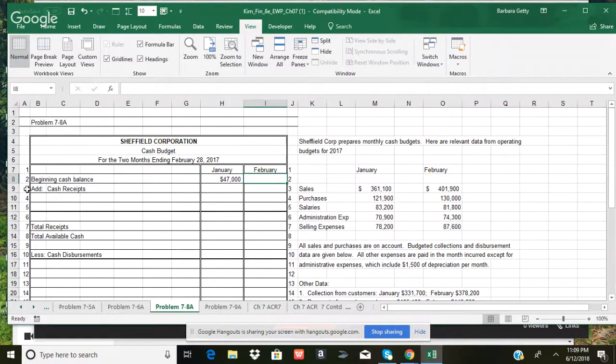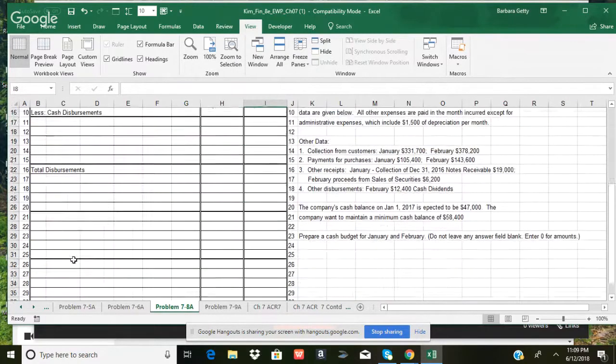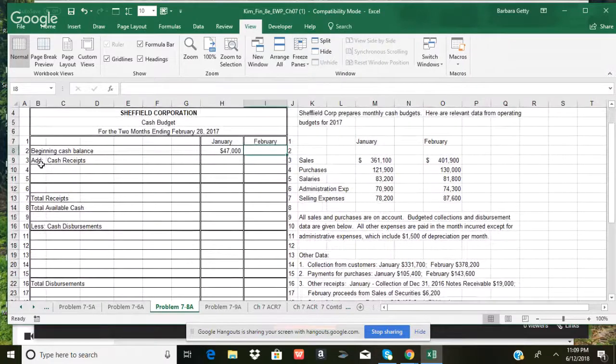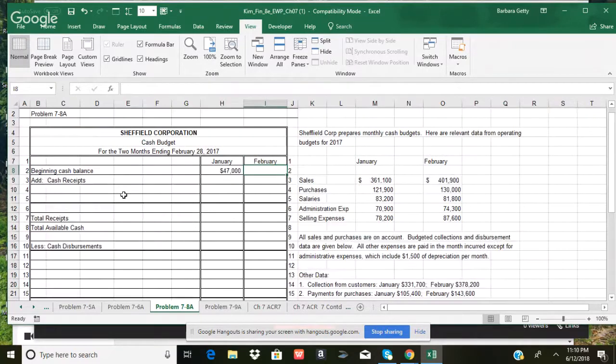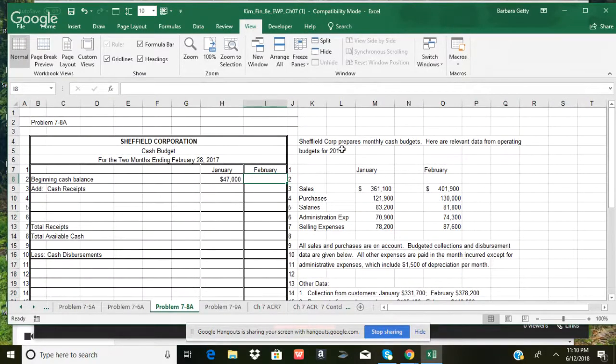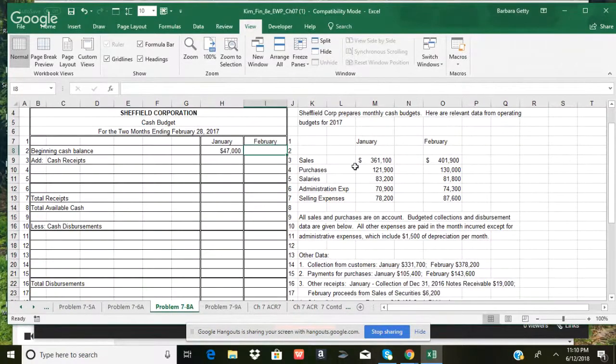And our next thing is, and I added these in because I wanted to make it easier for me to demonstrate because of the different things that we have to add into here. But we're just going to go down the line on our cash budget and start adding things in. It says Sheffield Corp prepares monthly cash balance budgets. Here are the relevant data for operating the budgets, and it gives us the operating expenses,